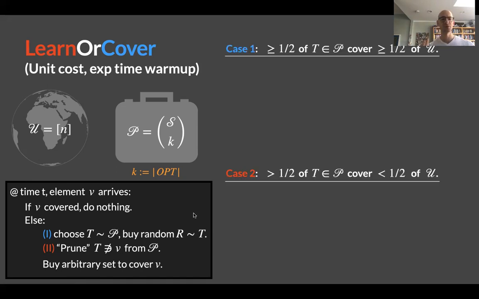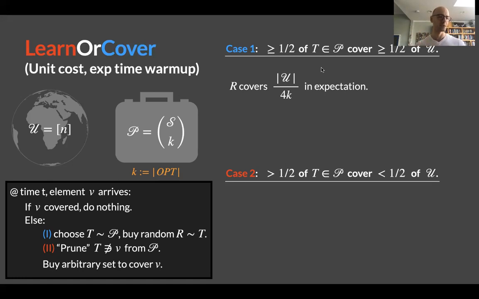Here's how we do it. There's two cases. In case 1, at least half of the T in P cover at least half of the remaining uncovered part of U. We should think of this as most of my portfolio is pretty decent. Half of the T cover at least half of U. So I claim that if this is the case, then the R that we sample covers at least 1/4K